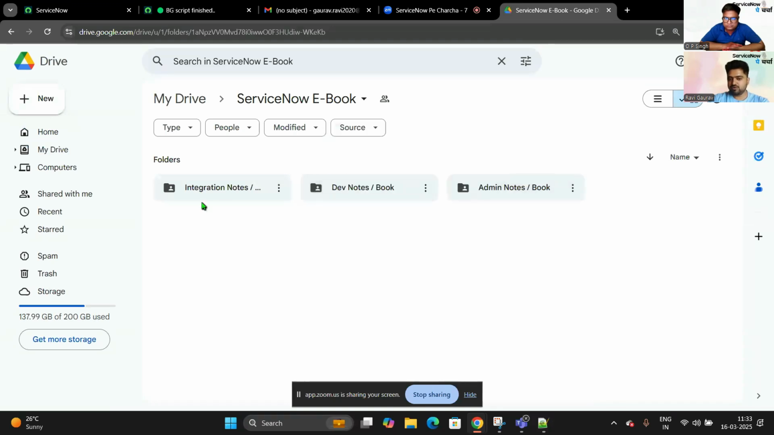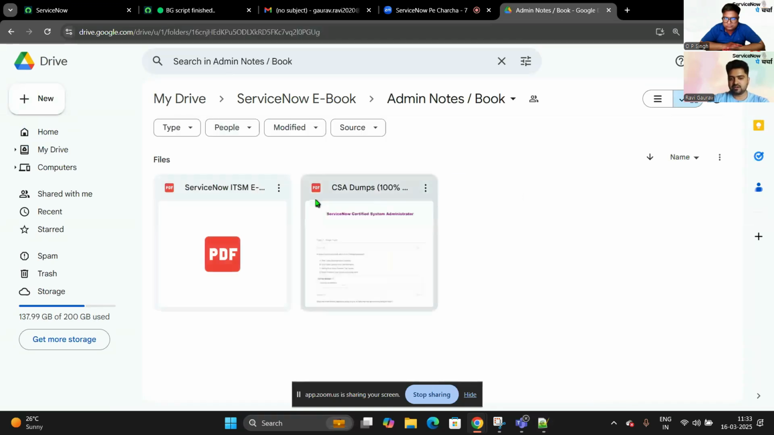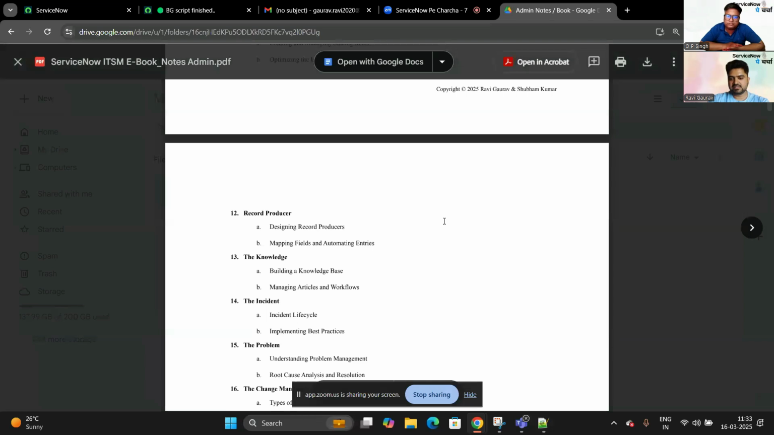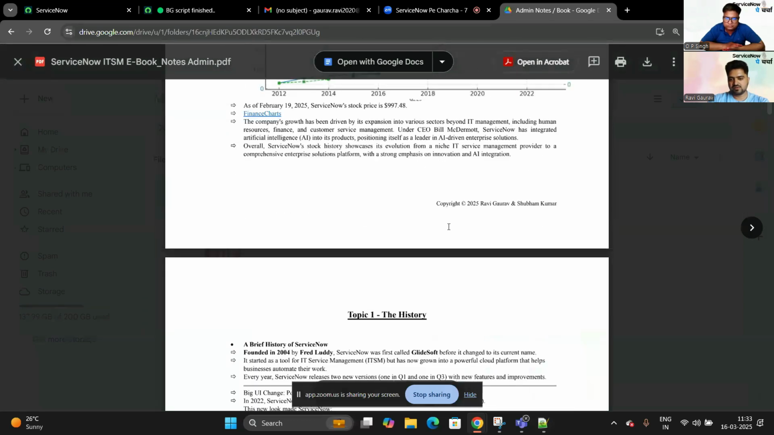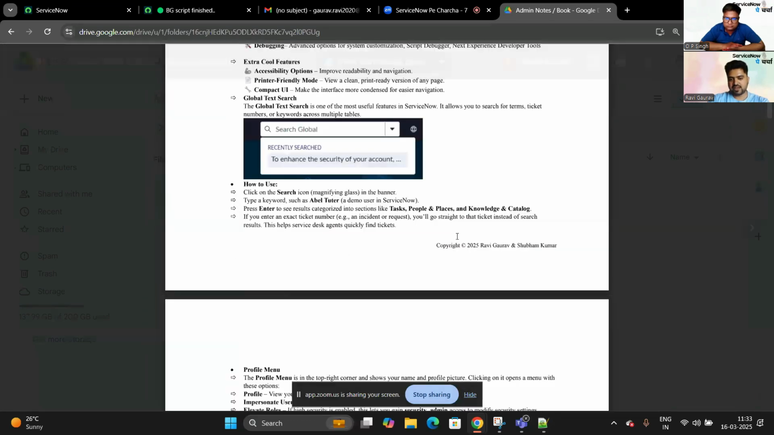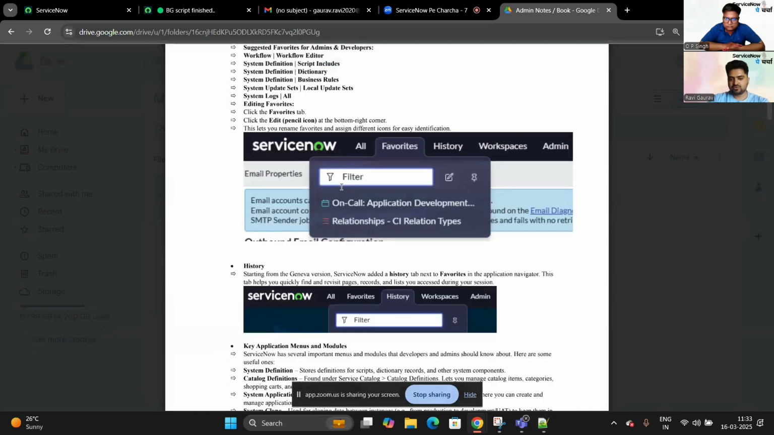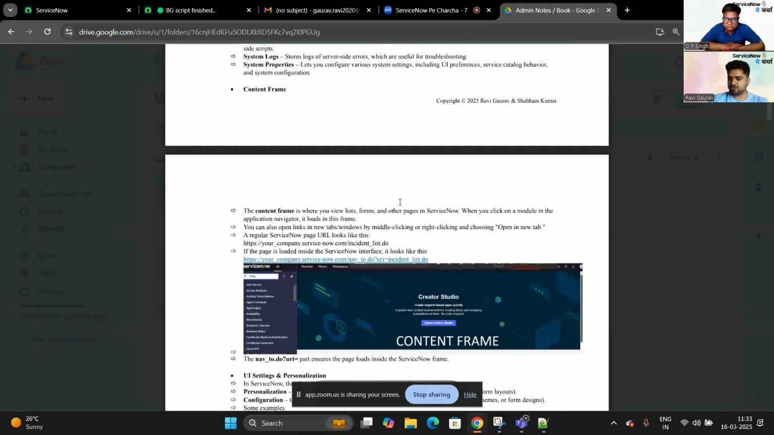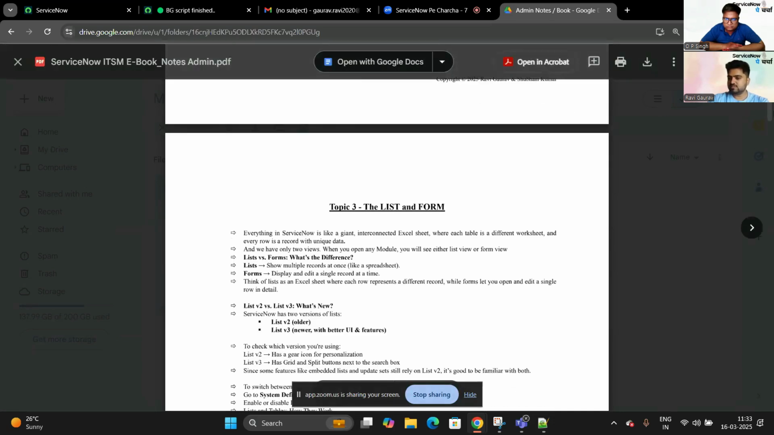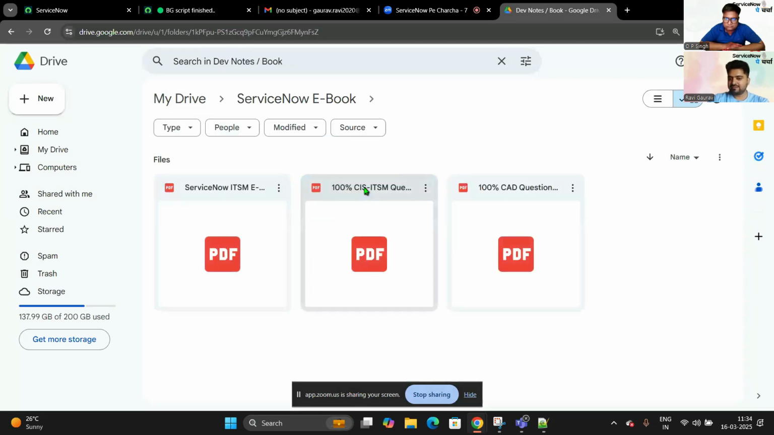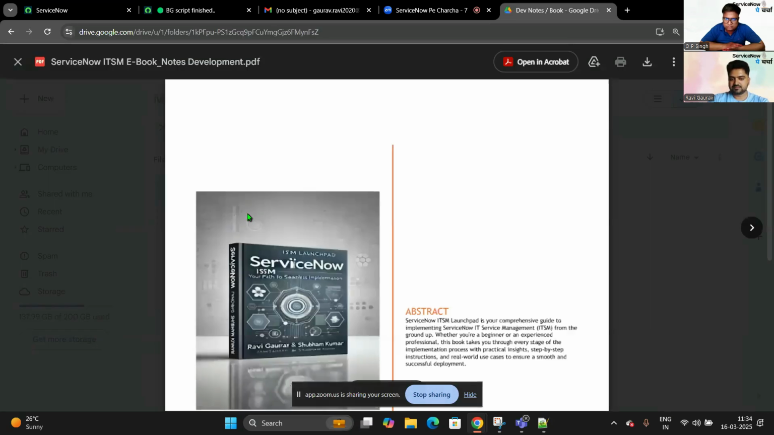You'll get three books right now: admin, dev, and you have dumps also. For example, this is the one, and it has all the details. Let me show you down. You can see all the screenshots are there, how you are going to work on what, everything from scratch. Every detail is mentioned. Maybe one or two details might be missing that I will be adding in dev. You have a dev book